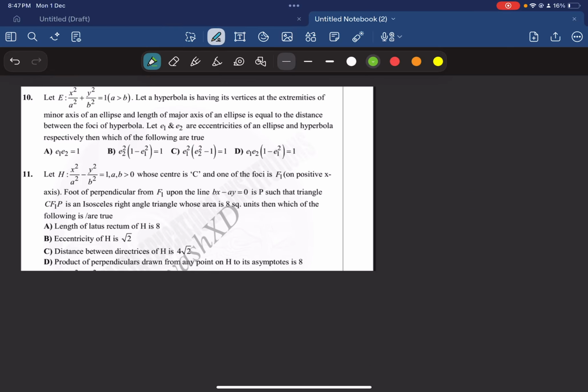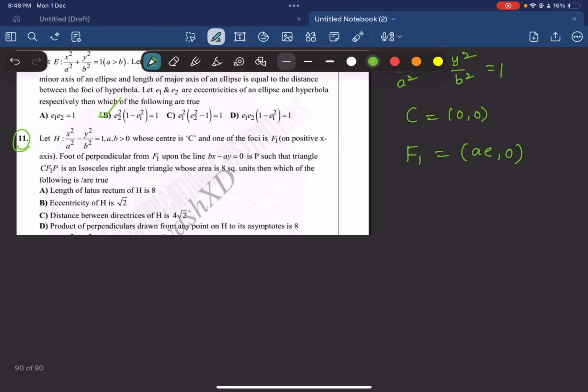Now let us proceed to the next question. You have a hyperbola given by x square upon a square minus y square upon b square is equal to 1, where a, b are greater than 0, whose center is C. So C will be your (0, 0), and one of the foci F1 on the positive x-axis. So F1 is simply (ae, 0). And the foot of the perpendicular from F1 upon the line bx minus ay equal to 0 is P,